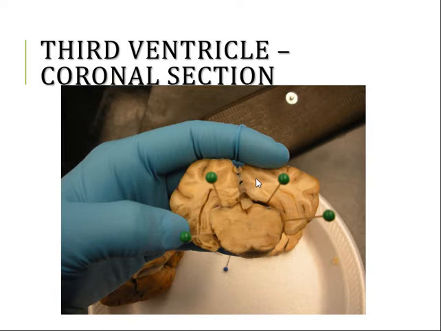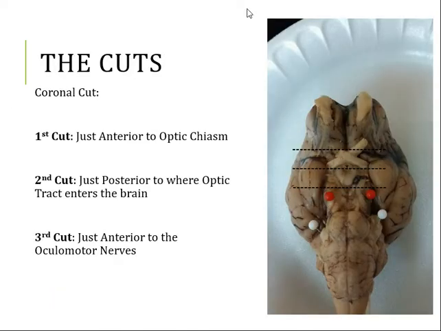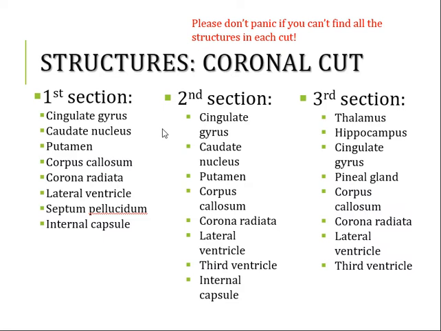And to round it off, just to review again our coronal cuts, our first cut is just anterior to our optic chiasm. The second cut is posterior to the optic tract. And our third cut finally is anterior to the oculomotor nerve. And here is a little review of each of the structures that you can see in each cut. I'm not going to read all of them, but this is a wonderful reference. And you might not be able to find each structure in each cut, but generally speaking, you should be able to see these in